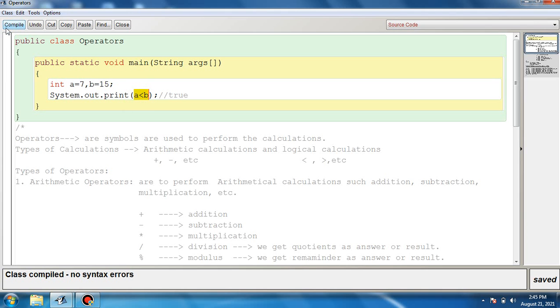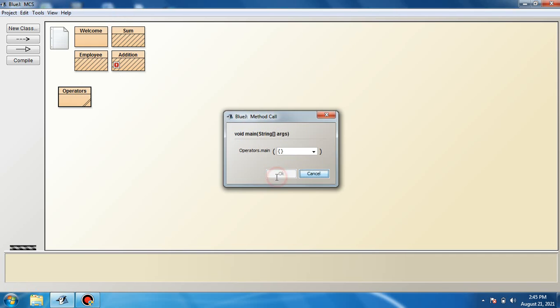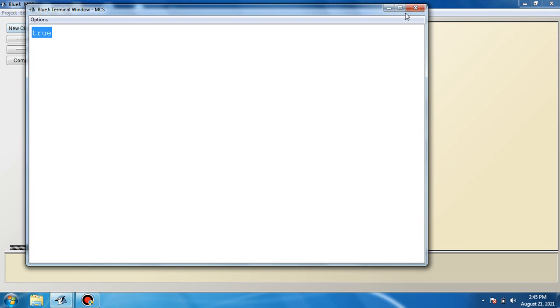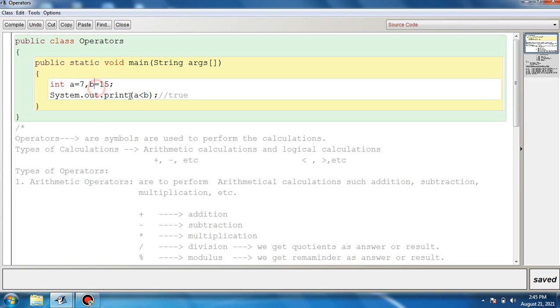If we run this, we can see true, because the value stored in A, that is 7, is less than the value stored in B, that is 15. When this statement executes, whatever value A stores will be compared with the value stored in B.